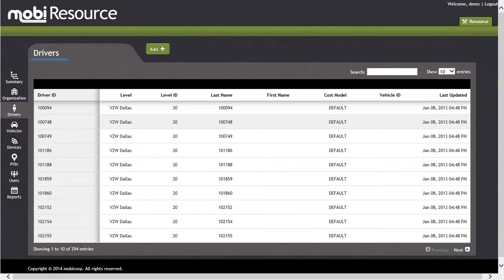In the driver screen, you will see critical information needed to manage the drivers within your organization. The driver screen shows us the driver's ID, the level the driver is associated with, the level ID in the system, the last name of the driver, the first name if applicable, the specific cost model the driver functions under, the vehicle ID the driver is associated with, as well as the last time a change was made to the